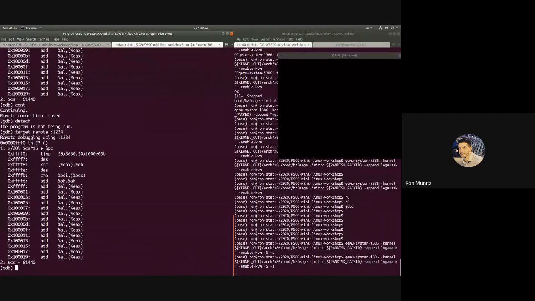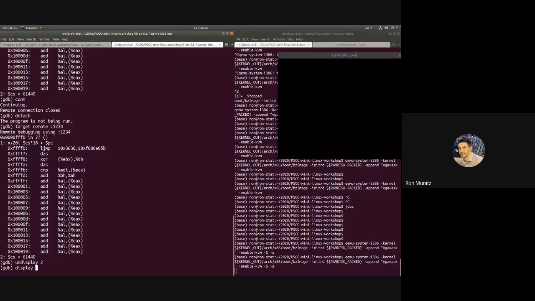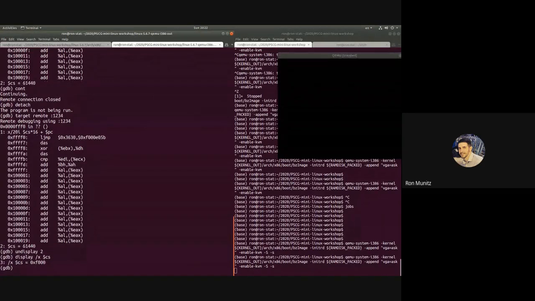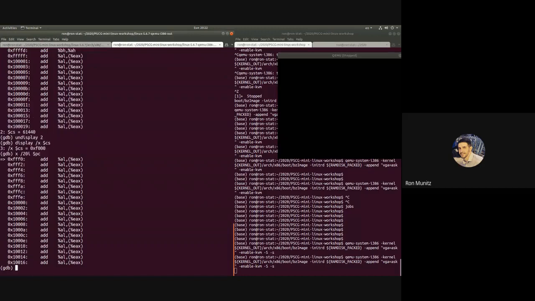I wanted to show it in X. So on display 2, I'm going to do display /x $cs, the code segment. So now it's in F000, but maybe it is in real mode, maybe it's not in real mode. What I'm seeing right now, and now I'll do just on the PC,